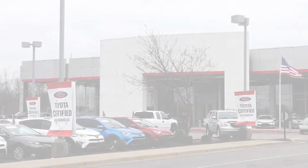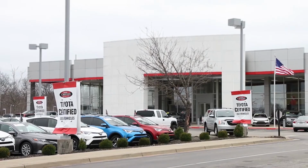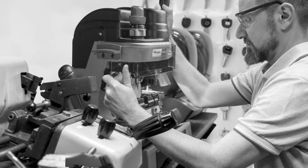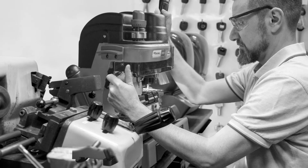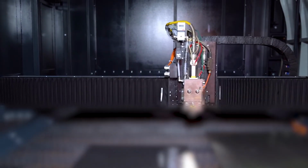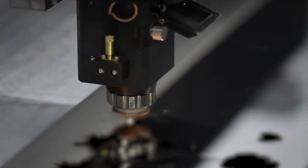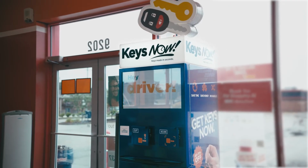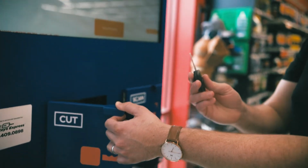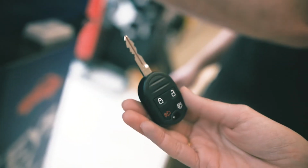For decades, car makers have had a virtual monopoly in automotive key replacement. Retailers have struggled to offer modern car keys because of difficult-to-use manual key-cutting machines. Not anymore. Breakthroughs in key technology and robotics have finally combined to reveal the next big thing in retail key replacement. Now your customers can replace high-dollar modern car keys at your store without the time, expense, and hassle of